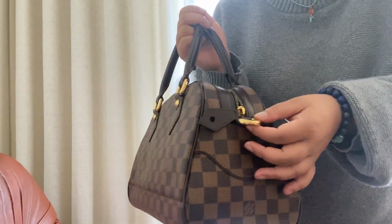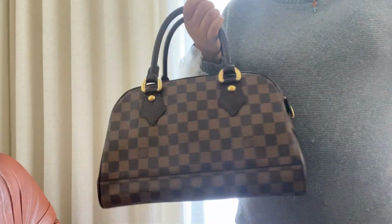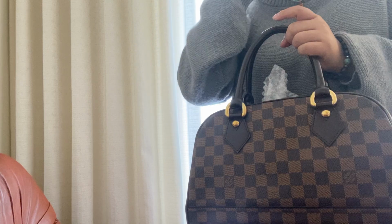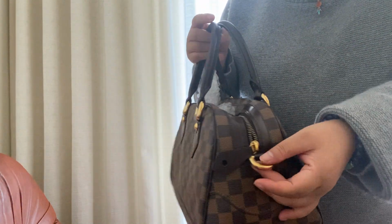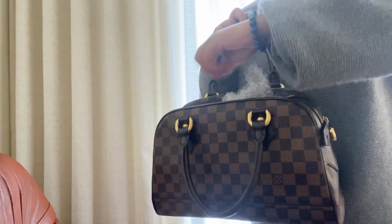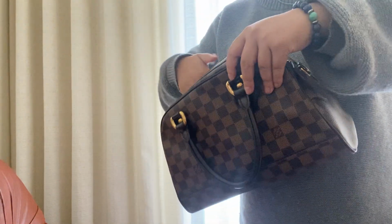I like this because it stands out a little bit more than the regular plain Speedies. But it's not too dated. You know, a lot of the other stuff that has a lot of the gold hardware hanging around everywhere, I don't like that because it's a little bit busy. So this is as far as I like to go in terms of the decoration and stuff. So anyways, this is very spacious, and it's nice because although it's stiff, it does